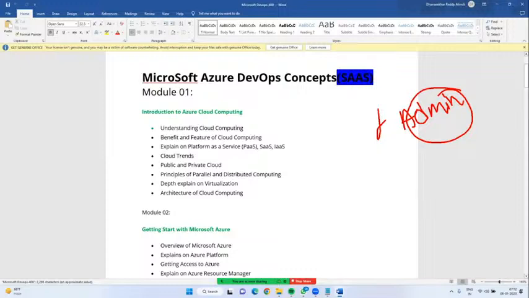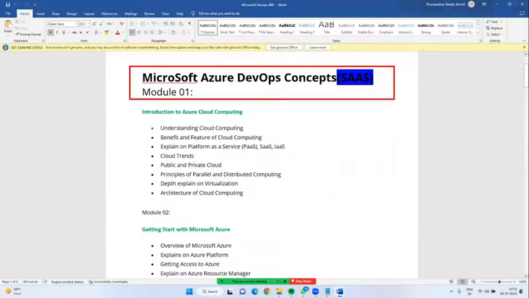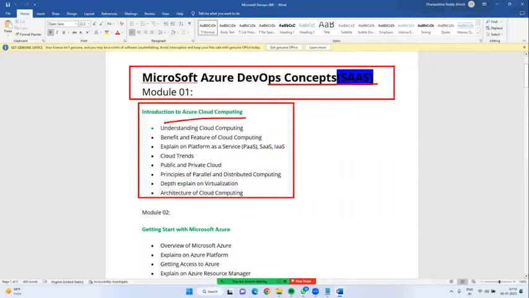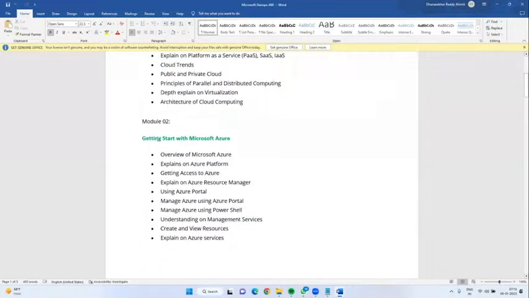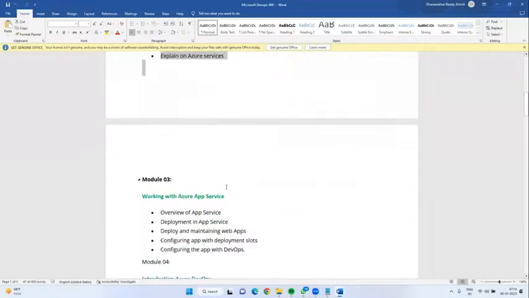But learn administration, then move on to other services, whichever you require, depending on your career path. For Azure DevOps, as I said, Azure Administrator is mandatory. So I have included Azure Cloud Computing, and what Azure is, subscription details and the portal.